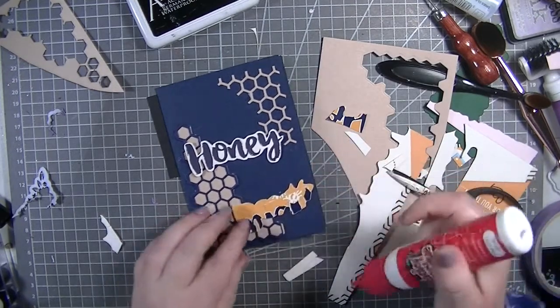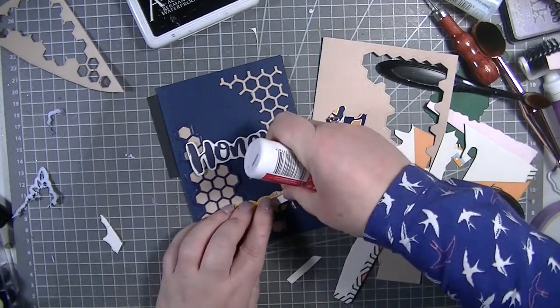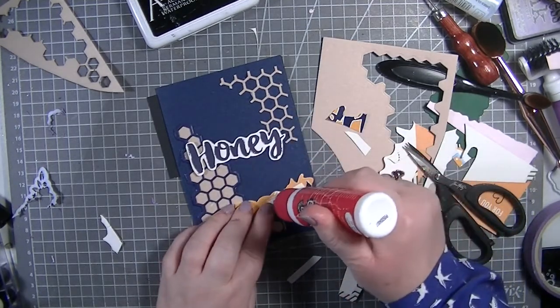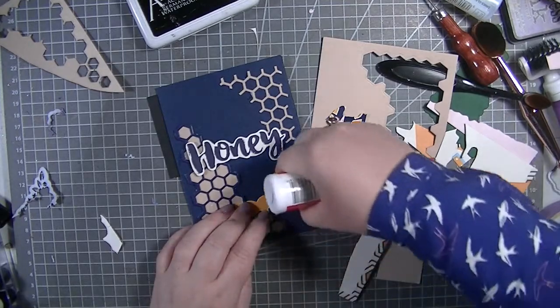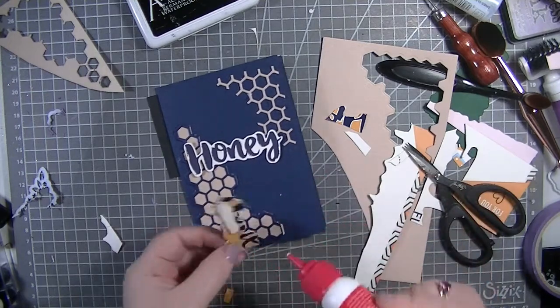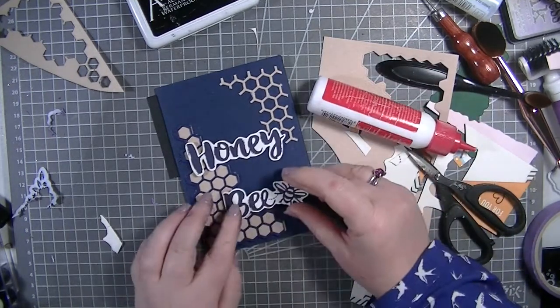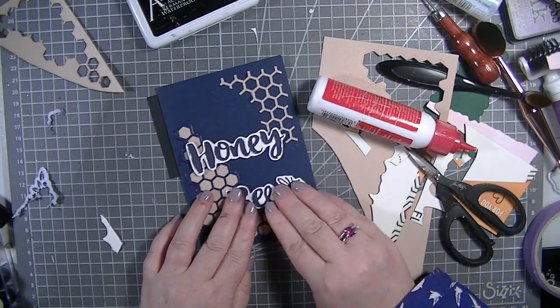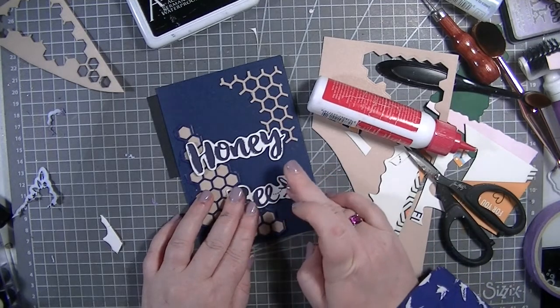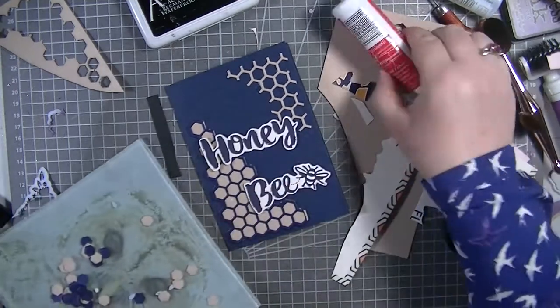If you can get away with using packaging for your dimension, then you know, just go for it, because we have it there, and yeah, if it works, then absolutely brilliant. So right, okay, so let's stick that just there like that. So there is that. Last thing I'm going to do is I want to bring in some of these honeycombs,